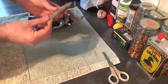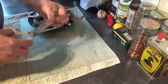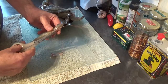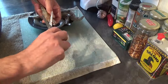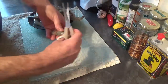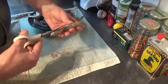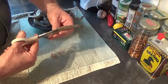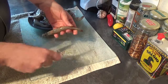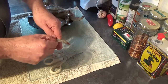First thing we're going to do is prepare your prawns. So cut off any legs or whiskers that you find. Then turn him over, and at the base of the head there, you're going to cut that back, but don't take off the shell. You're just going to open it a bit